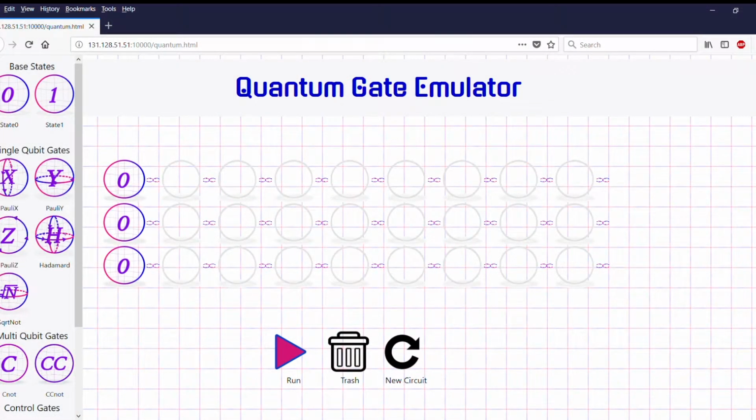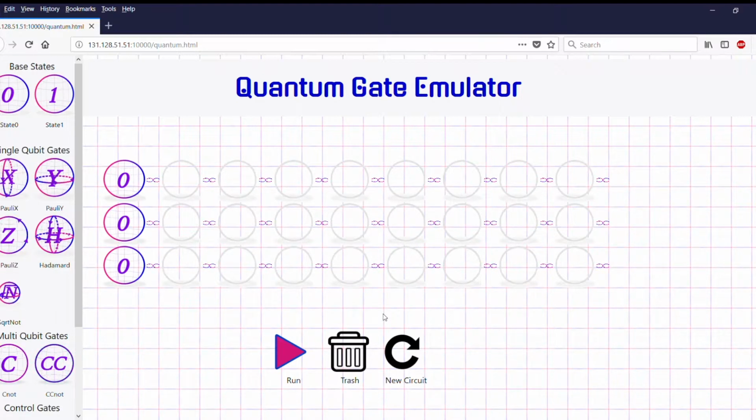For this competition, we're part of group AS043, and we made a Quantum Gate emulation. The emulation itself was created in the FPGA fabric on the DE10 Nano, and the user controls the emulation through a web app that is hosted by the ARM processor on the DE10 Nano. In front of us now is the user interface through which users will interact with the quantum emulation. It is a website hosted on the DE10 Nano's ARM chip, accessible by any internet-connected device that has a web